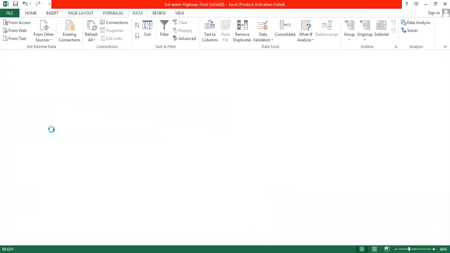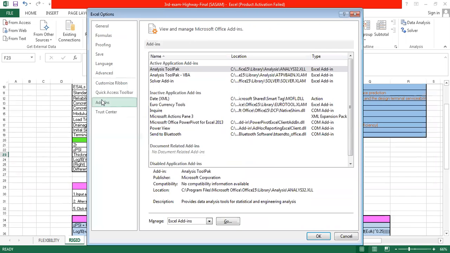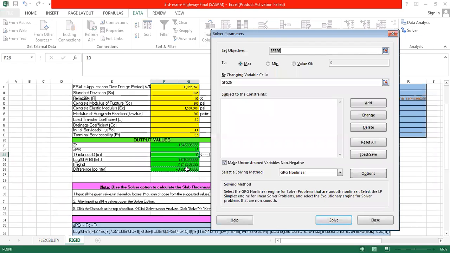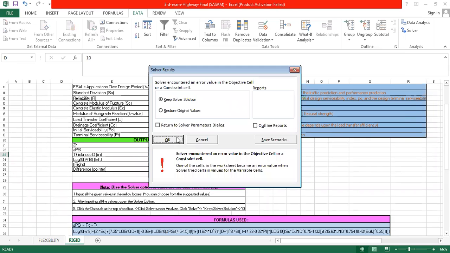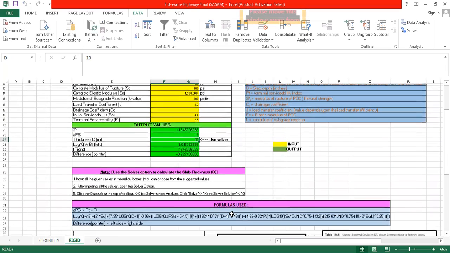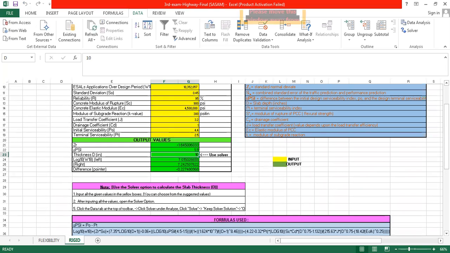Then actions, plugins, then data solver, then click solve. Well, I don't know why mine is not working right now, but the answer should be